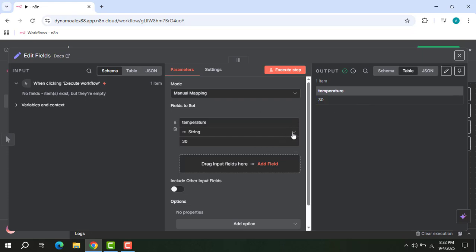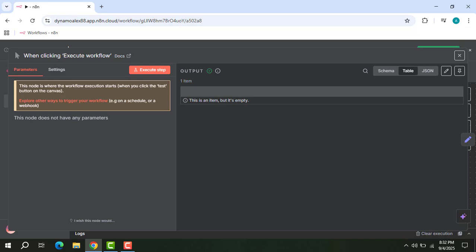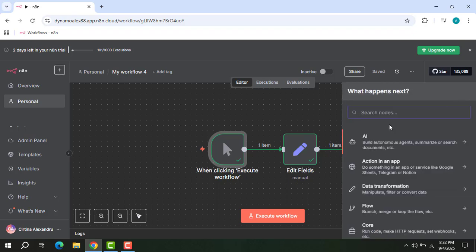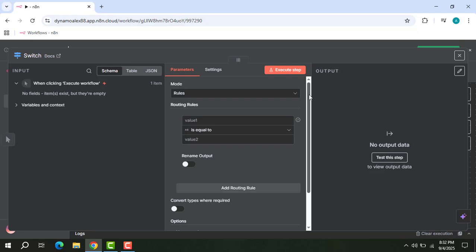This is a number, so we can put the number. On the execute. Now we will put the Switch node. Switch. Okay, and here on the Switch node we need some rules,